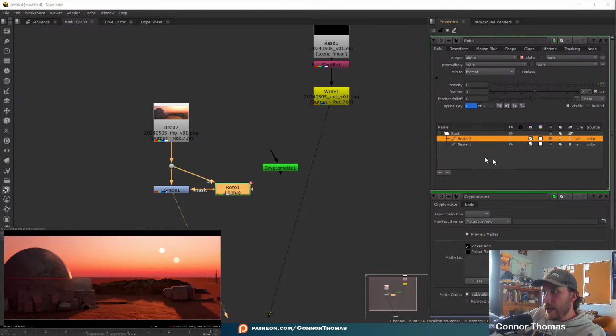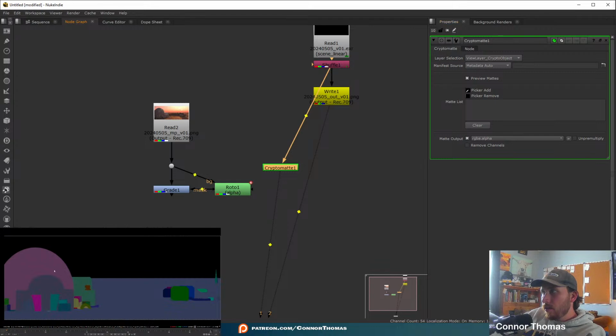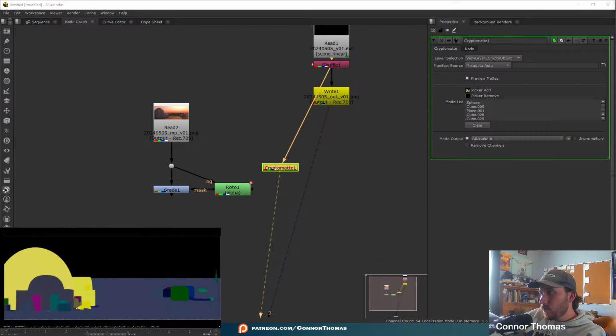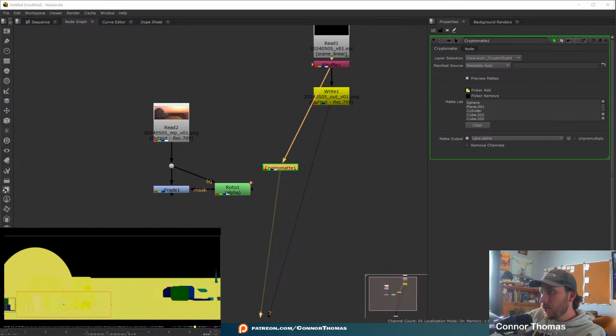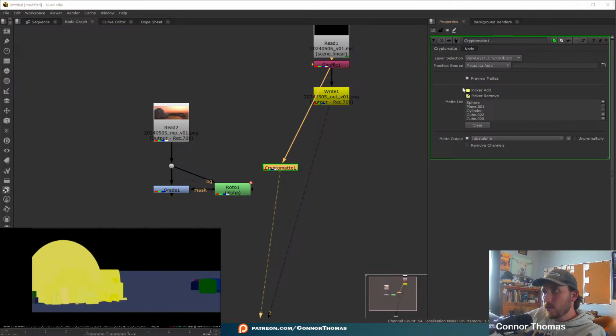So using that, I'm going to delete this. I'm going to set this to pre-multiply, and then we do have cryptomats that we can also use. So let's see. We want a cryptomat specifically of this building, this section. We're just going to kind of select everything here, honestly. Could do that pretty quickly. And then I'm going to say picker to remove, because you could select the ground. Picker to add, and then